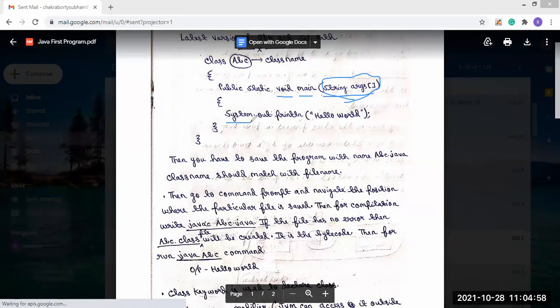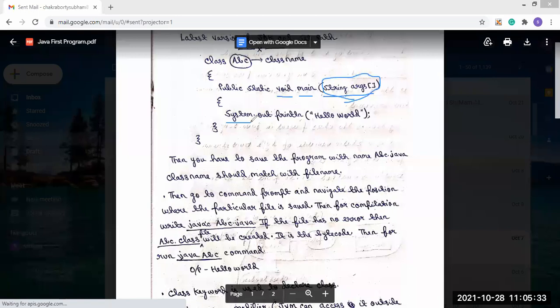Okay. Then the meaning of System.out.println. Now, System is what? System is the name of the class. It is a predefined class, and this System class is present in the java.lang package. Now the package concept is what? Like in C, you have header files, and in those header files all the predefined functions are present.